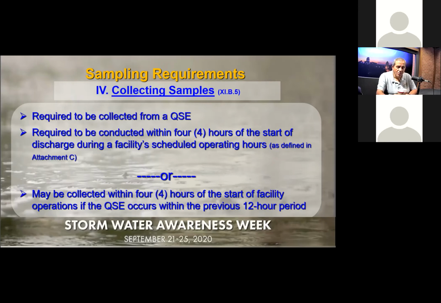For example, another constituent that's extremely low is copper. The numeric action level for copper, and we're not even talking about TMDLs, which is a whole other kettle of fish, but the regular numeric action level for copper is 0.0332. So that's very, very low parts per million. So, I mean, you can get that from cars driving down the street and hitting the brakes because there's copper in brake lining. So you want to make sure that when you grab samples, you don't want